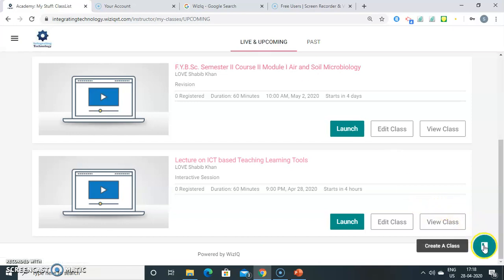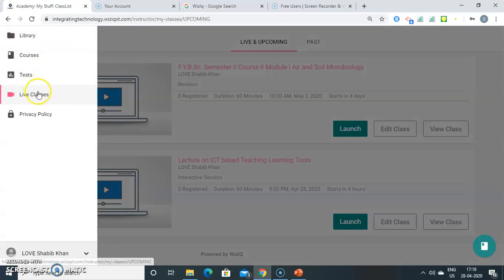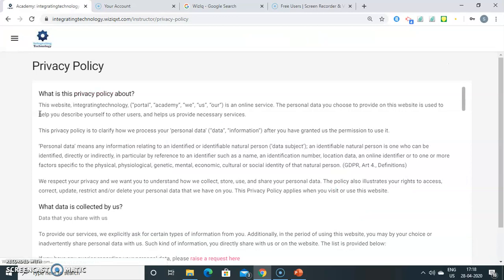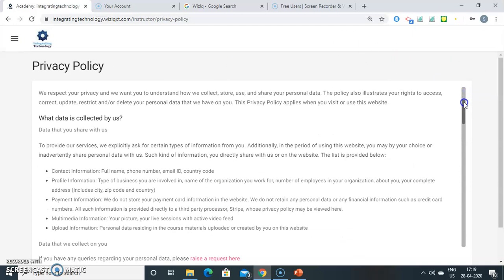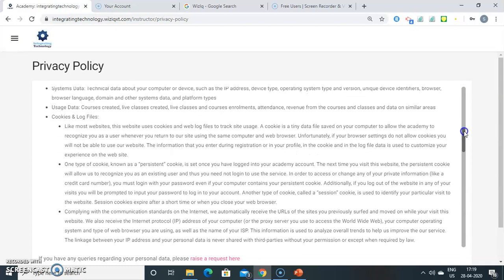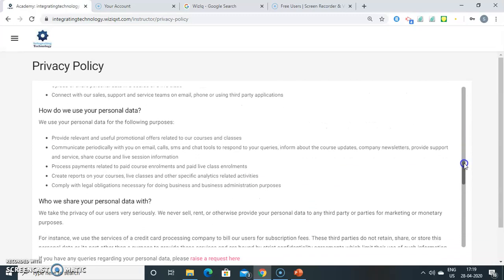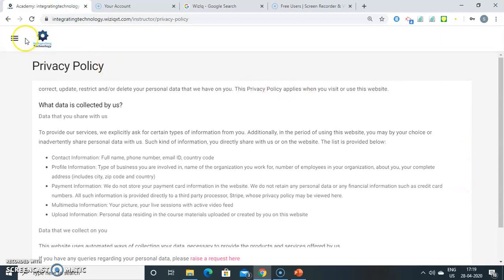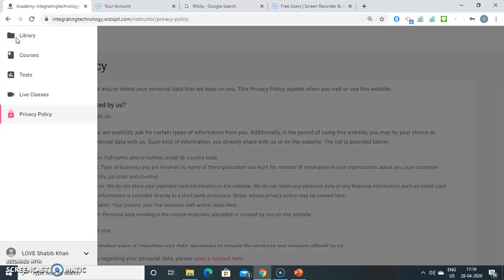For example, if you have to schedule, as we have seen in one of the tutorials, you can go to this circle and you can create a class. So then next is your privacy policy. Once you go to privacy policy, you can customize it. It tells you about all the different features of privacy policy, or what this privacy policy is about. You can explore the details. Once you are a first time user, you can explore this, what all data is collected by us, how it is kept secure. So these are the different terms and conditions with respect to your privacy and policy. So this was all about the basic features of VizIQ.